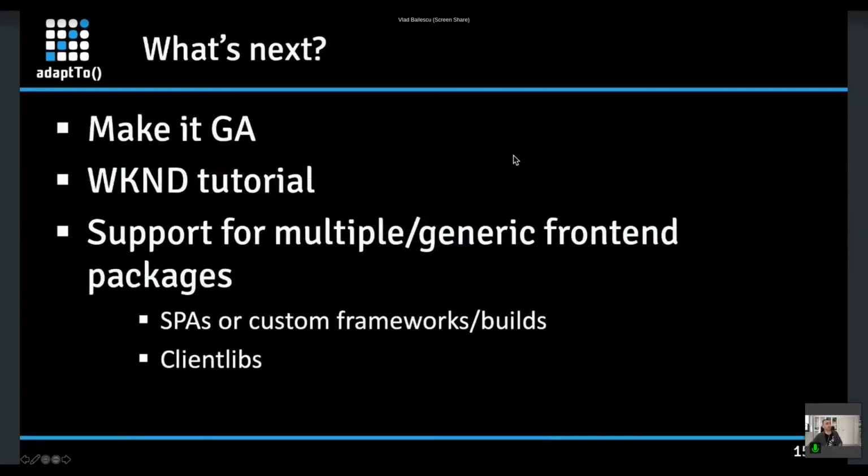What's next? Yeah, it still needs to go generally available. Some of you might have already heard of this feature or played with it through the beta program, but we plan to make it generally available soon. We also plan to have a tutorial for it, just like we now have the weekend tutorial for the regular